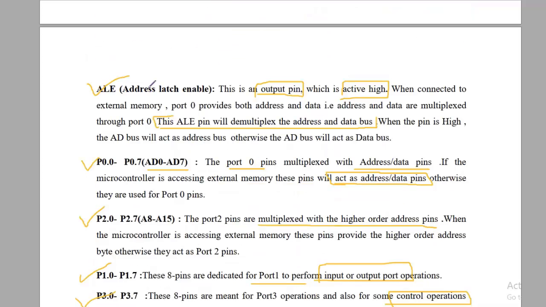Next is the ALE, that is address latch enable, which is an output pin that is active high. The ALE pin acts to demultiplex the address and data bus, because whenever the address and data are coming from port 0, they are multiplexed. So to demultiplex, we use the ALE pin.